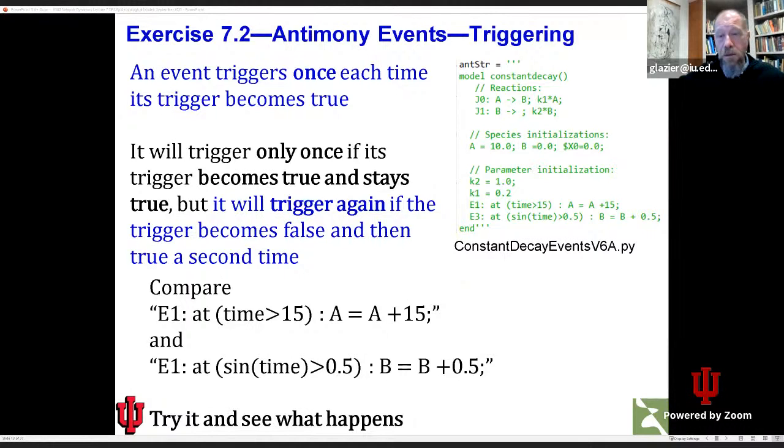Again, if it's not clear what the question is, please feel free to speak up, either unmute or ask in the chat. So if you had the original simulation running, you're only adding one line, E3 at sine of time. So